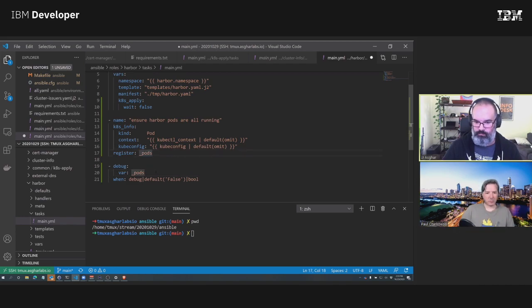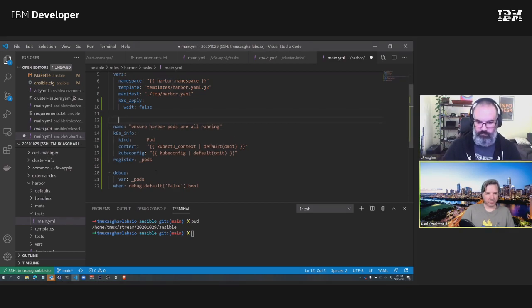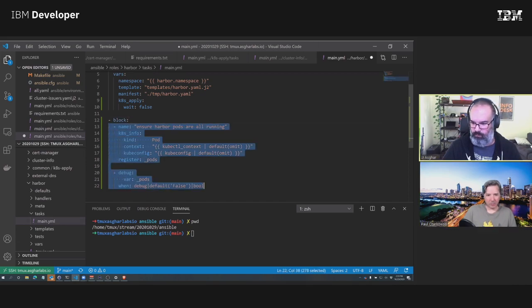Making progress is always good. Yeah. So I may need to run this more than once. Okay. So I think I can block it like that.